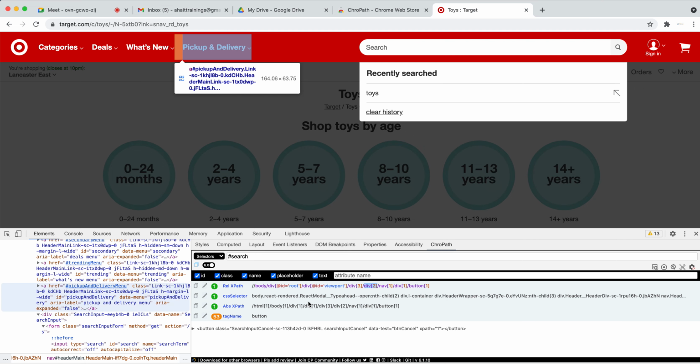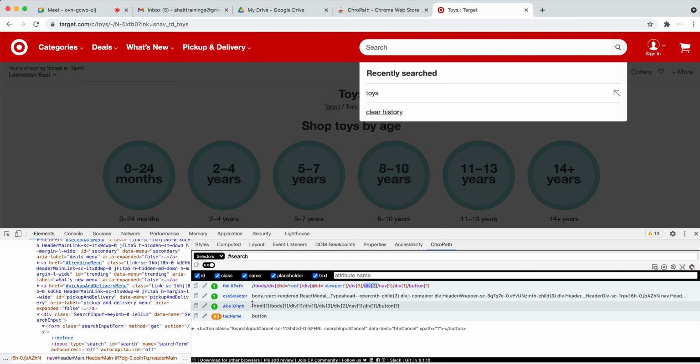It is suggesting one more, an absolute XPath, which means it is taking the whole path. Okay, this button is inside this div, and this div is inside nav 1, div 2, div 3, div 1, div 1, body, HTML. Again, this is a problem, right? If someone adds a div or removes a div, we cannot get this button.